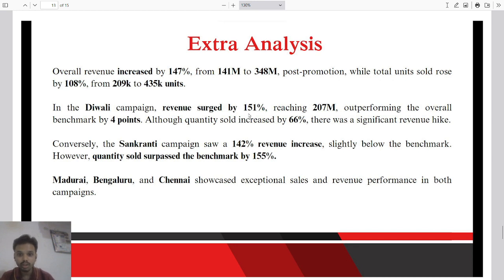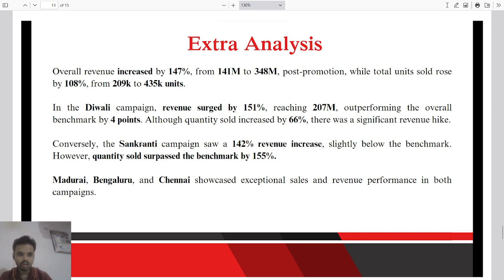Revenue surged by 151%, reaching 207 million, outperforming the overall benchmark by 4 points. 4 points means that the overall revenue was 147% and it surged by 151%, so there is a difference of 4 points. Likewise, although the quantity sold increased by 66%, which was much lower than the overall sold units, which was 108 percent,